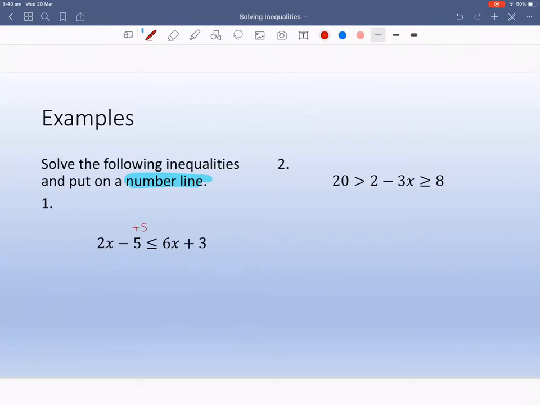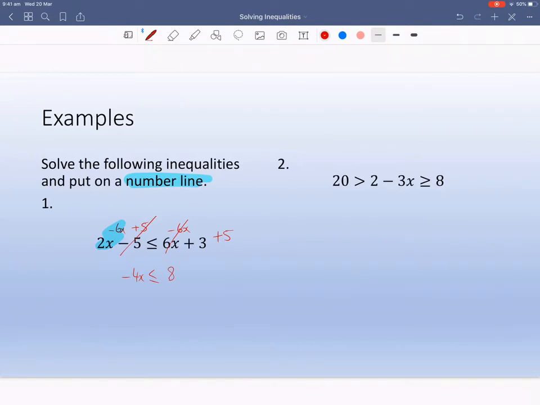So I'm going to plus 5, get rid of that. So that's going to be plus 5 there. I'm going to minus 6x from here, so that means I'll minus 6x there. So I'm left with, I think 2 minus 6 will give us minus 4x, and here we've got 8. Okay, now this is the twist that